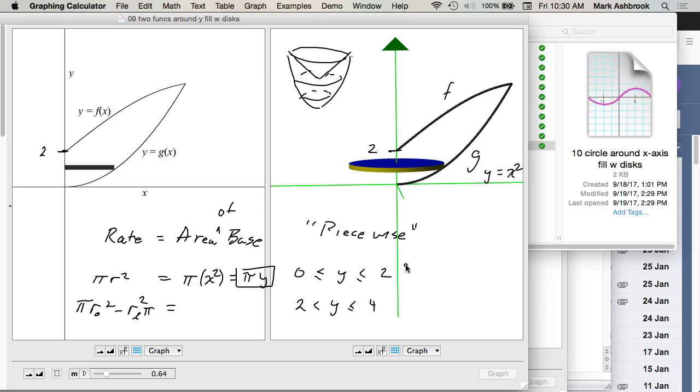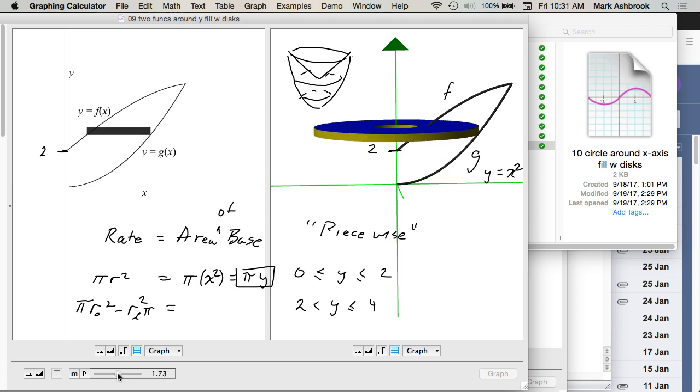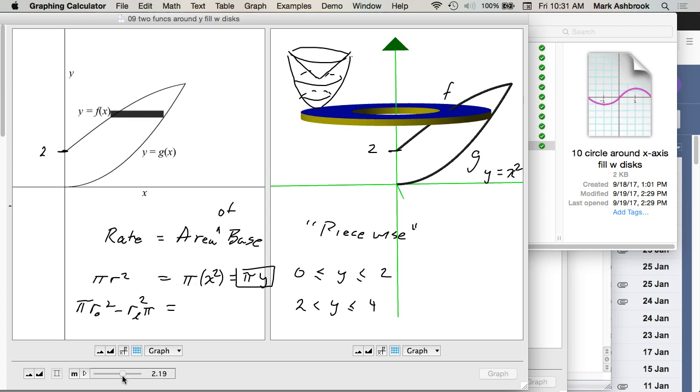Okay, next, now once we get past y equals 2, we've got this other situation where it's,